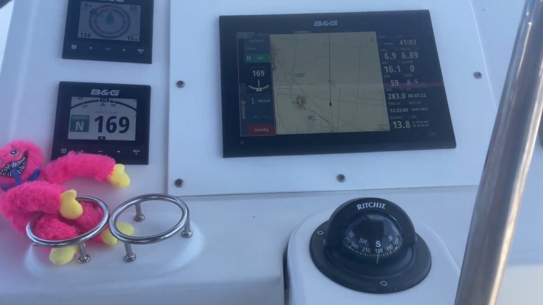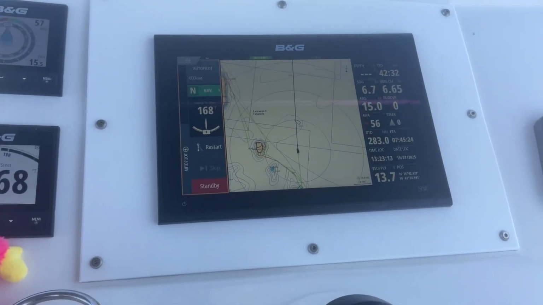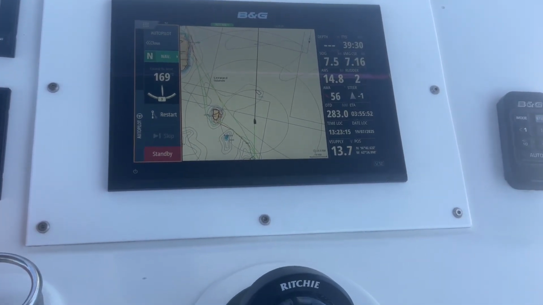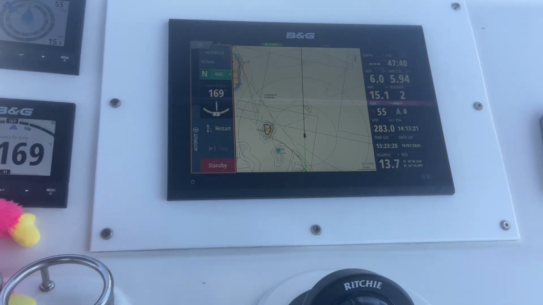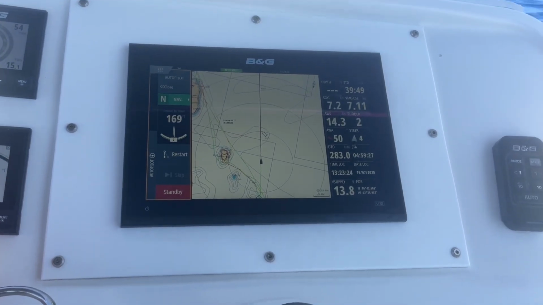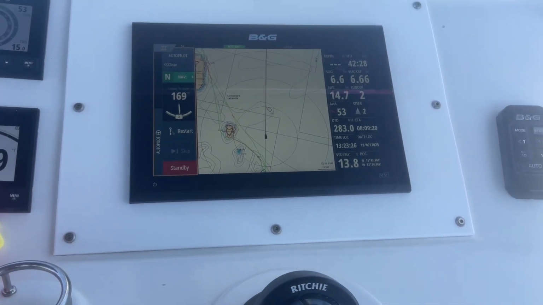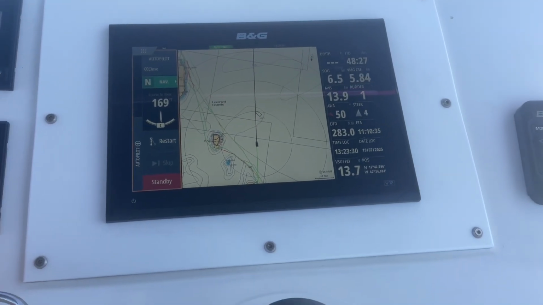Hi guys, today I want to talk to you a little bit about chart plotters. I'm going to show you how we set up our chart plotter, just to give you an idea if you're new at this, what you can put on the display. Basically, I'm not saying that we have the right answer and the right information on it, but it just gives